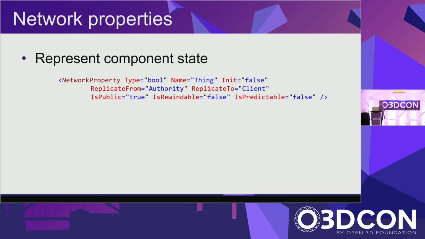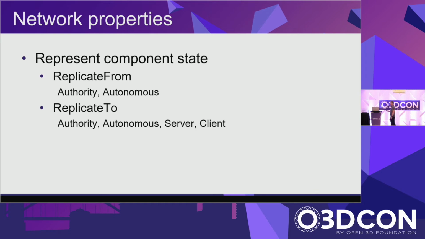Okay, so I'm going to jump into the communication mechanisms now. The first is the network properties. Network properties are something you're familiar with if you saw Gene's talk. They've got a number of very interesting attributes. Primarily, they've got the type and the name, which are what you're going to interact with the most. But for our perspective, with this talk, the 2 that I'm most interested in are the replicate from and the